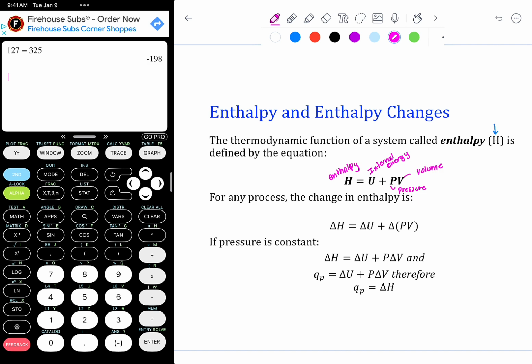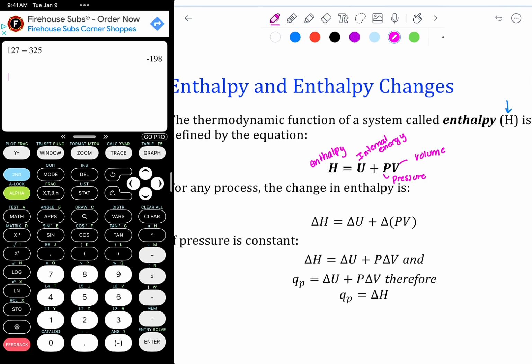Now we know that when we have PV and a delta in front of them, if we were to put this in, we get two options, delta P, delta V. But we know that we're going to be doing things at constant pressure. So there will never be a change in pressure. So this breaks down to then P delta V, which is our work expression. So that's what we plug in here. So if the pressure is constant, the enthalpy change is equal to the change in internal energy plus our PV